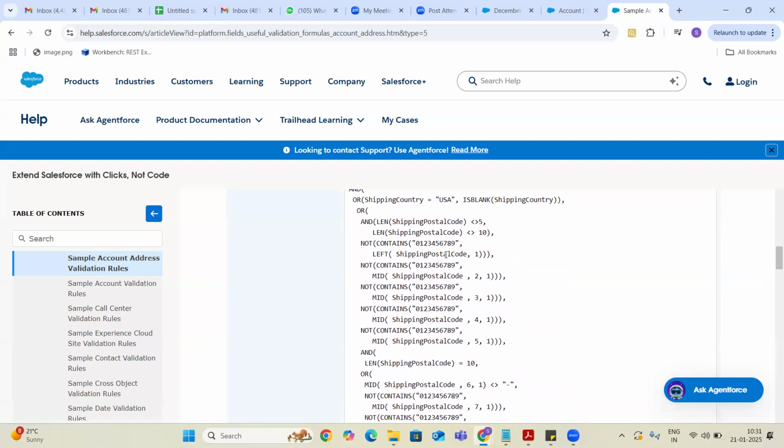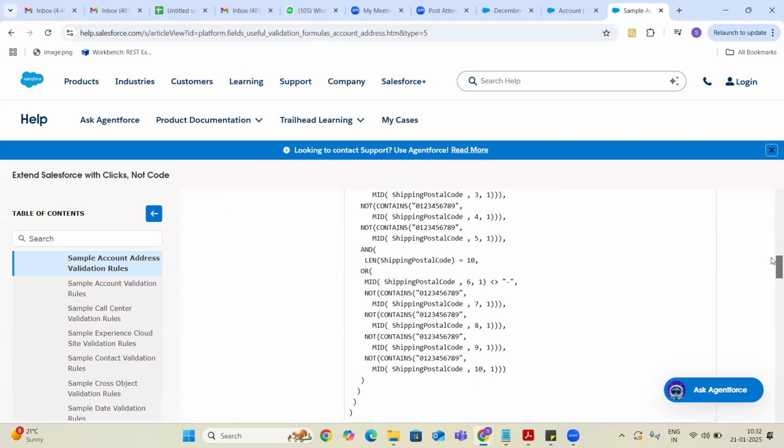If they haven't entered the 5-digit code and entered some characters in the zip code, that is the time I want to display a message. So I need to get one position at a time and verify whether it is a number or not, right? For that, they have written this complete formula.